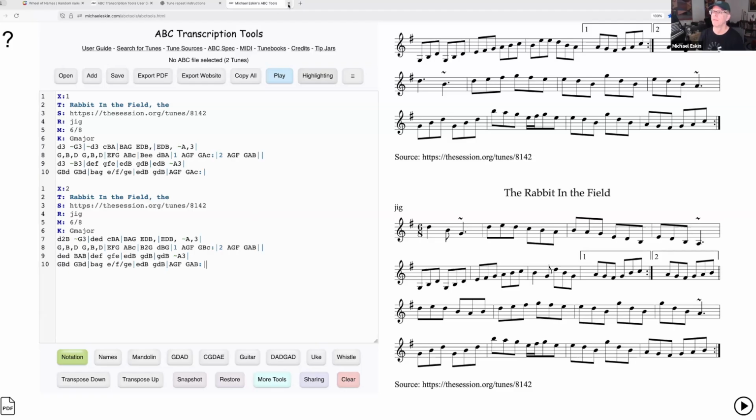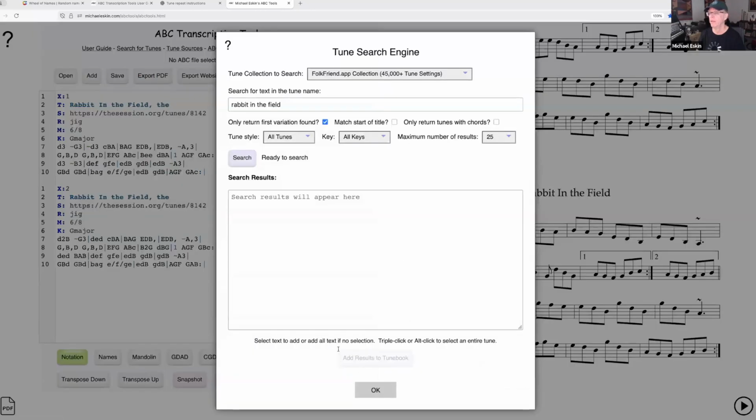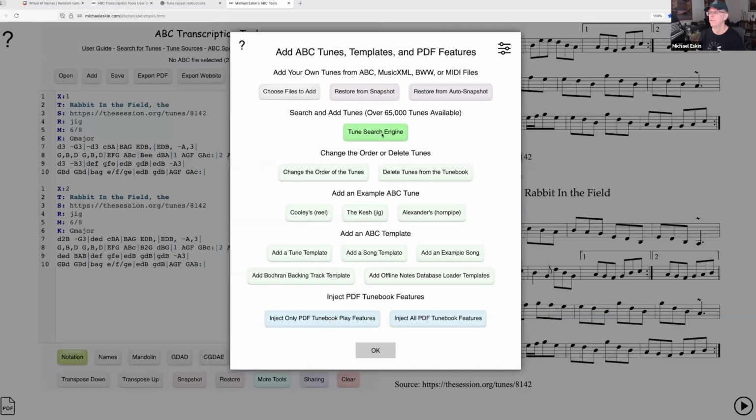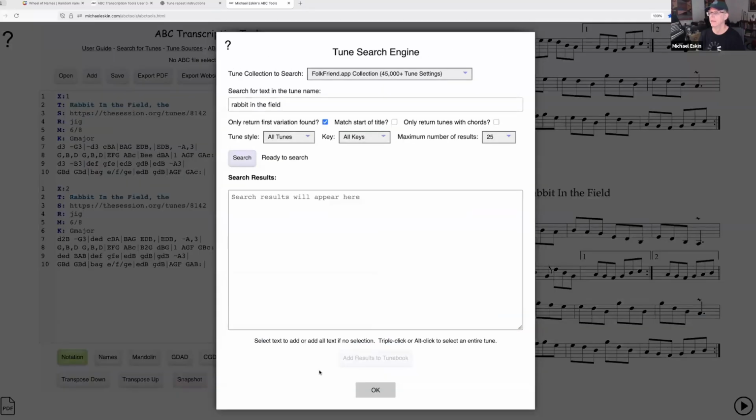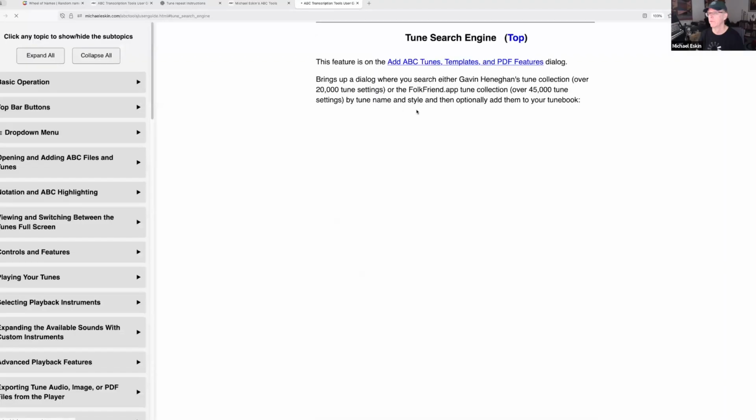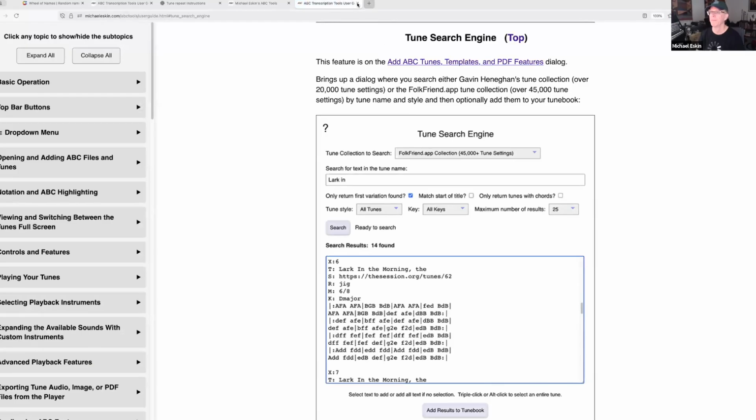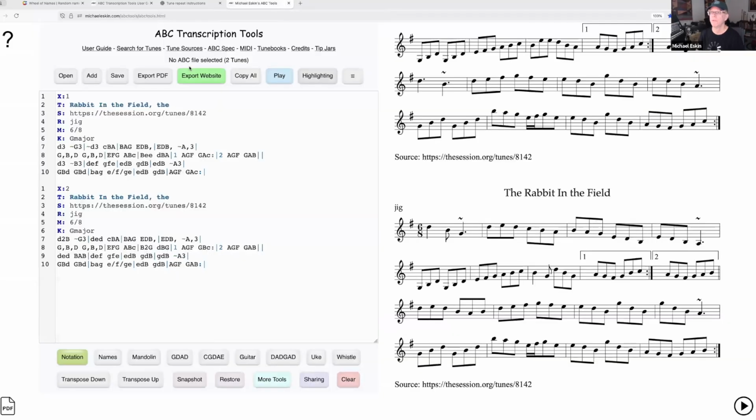Okay, so that's the tune search engine. Everybody should know about that. Again, it's available under Search for Tunes here, or on the Add Tune Search Engine, and that'll get you there. And again, full details in the user guide. Next feature,